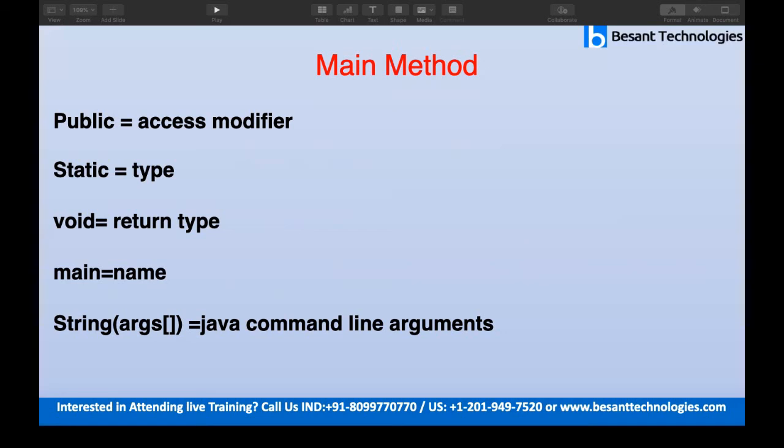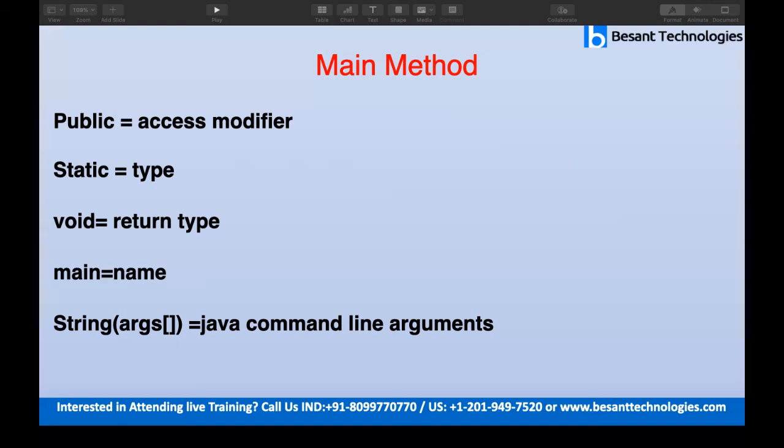And this will be the syntax for the main method. So it is public static void main string of arguments. So let's see what this is. Public: I have already told you we have three access modifiers in Java. The first one is public. If you declare a method as public, it is available to every other class in that project. Next is the static keyword I have given.